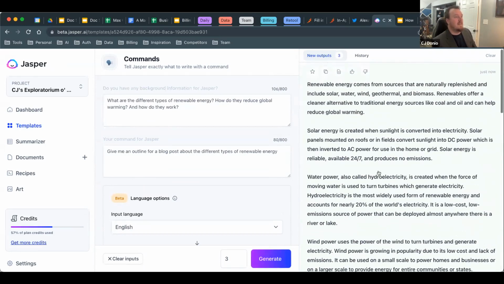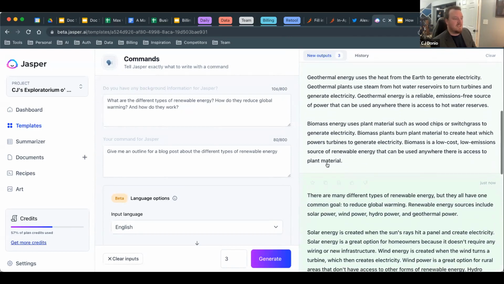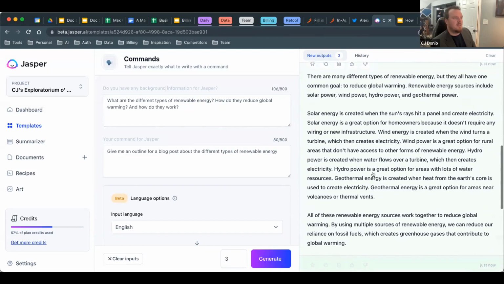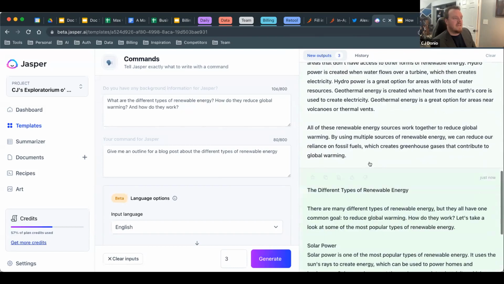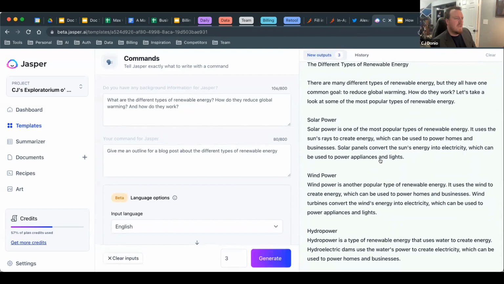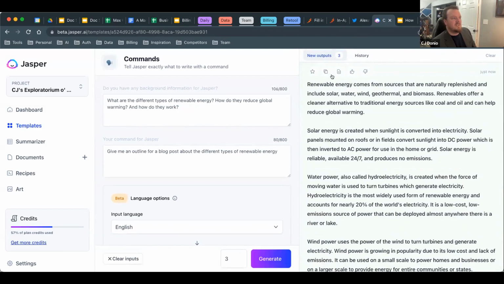Okay, this is pretty good. So this first one here talks about renewable energy. It actually mentions the ones I was interested in: solar, water, wind, geothermal, and biomass. Those are actually the 5 I was looking for. I've got another variation here, a little bit shorter. Again, completely different text. He even gave me a title for that one. That one's kind of rad. Okay, I think I'm going to go with the first one just because it gives me more to play with. So a couple options here.